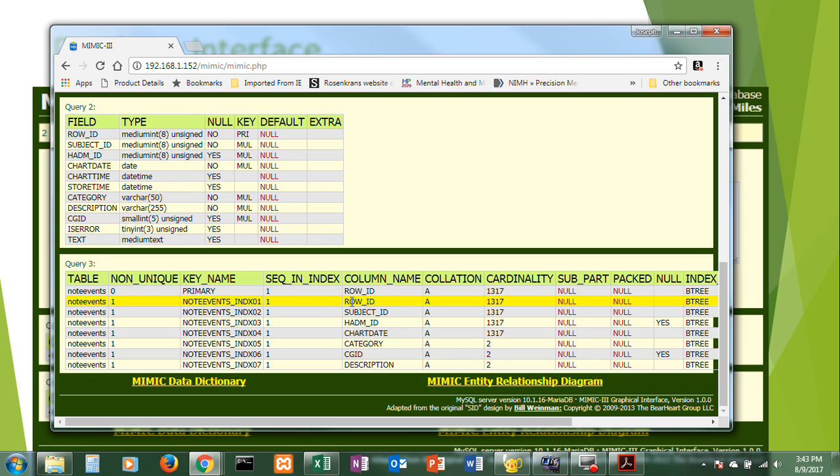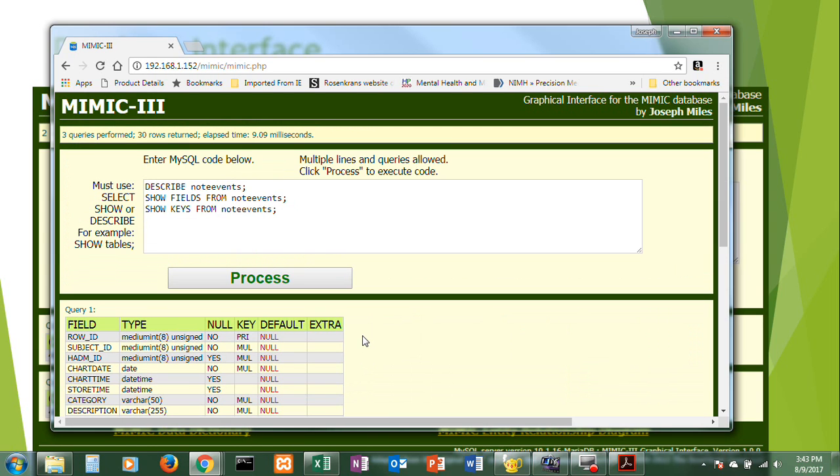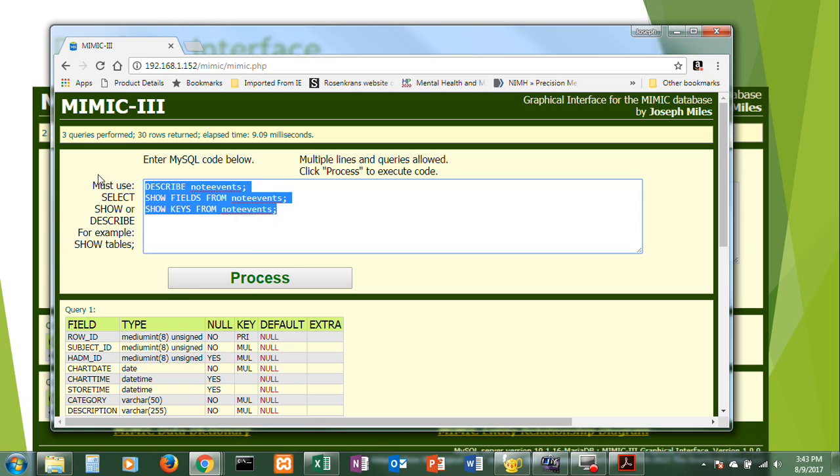This one is unfortunately tracked by MySQL. I say unfortunately because it's largely useless information, but it is what makes each row unique for this particular table. So note events, as I said, is interesting because this is the one that contains the text data, and in the realm of data analysis, analyzing text is